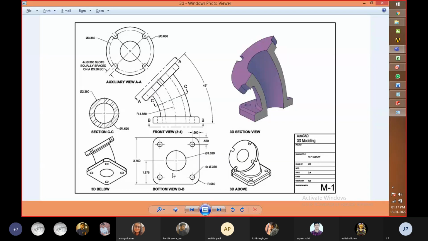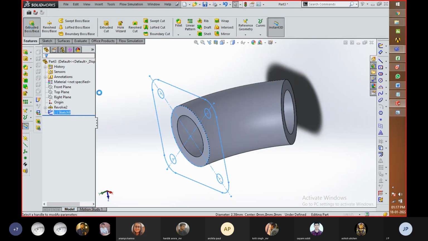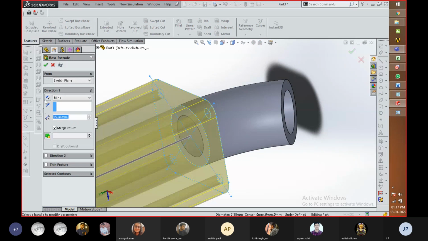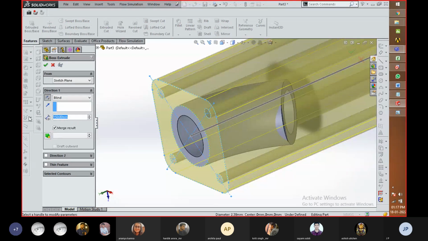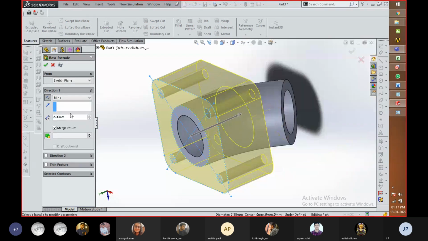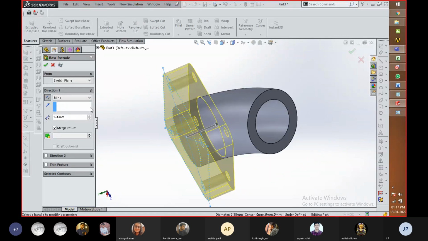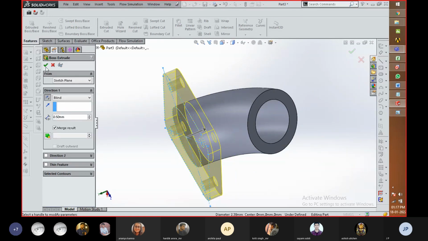We are going to assume that this may be around 2 millimeter. So I'm going to extrude boss, flip. 2 is much more, 1 is much more. I'm going to put a value of 0.5, and then press OK.